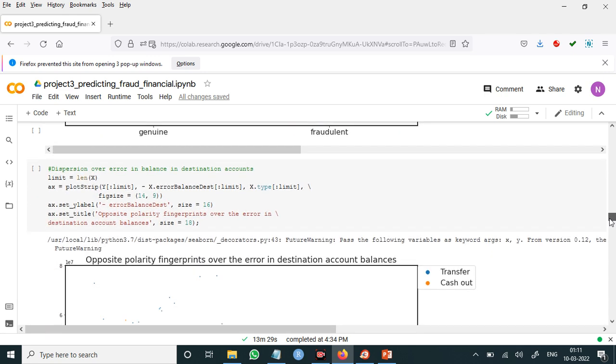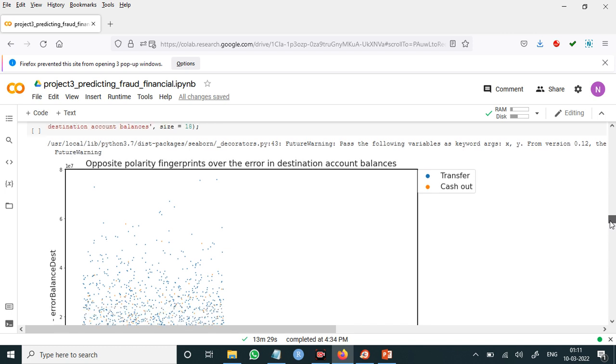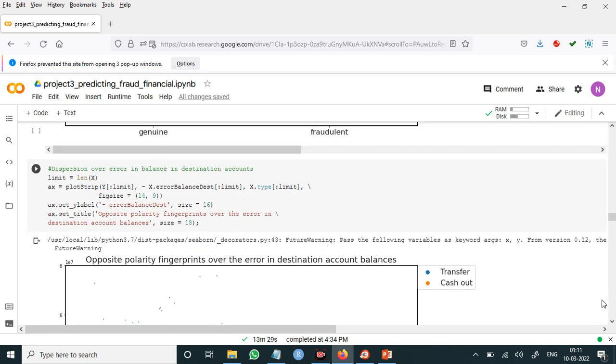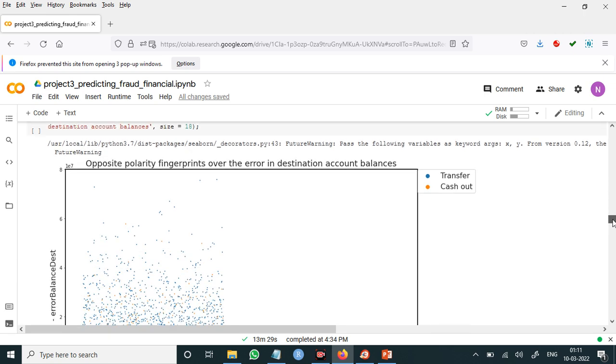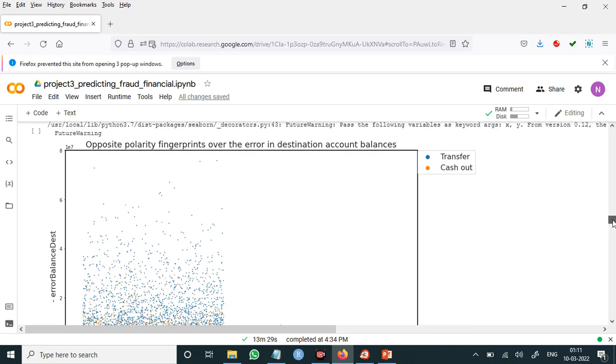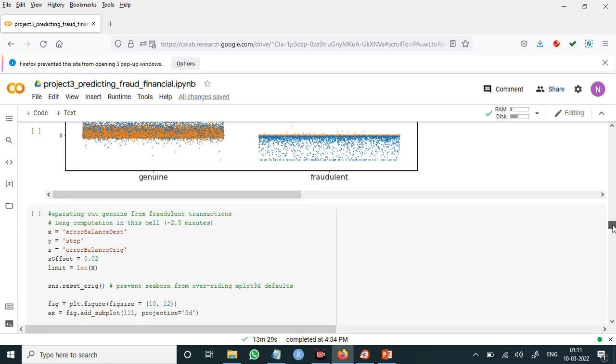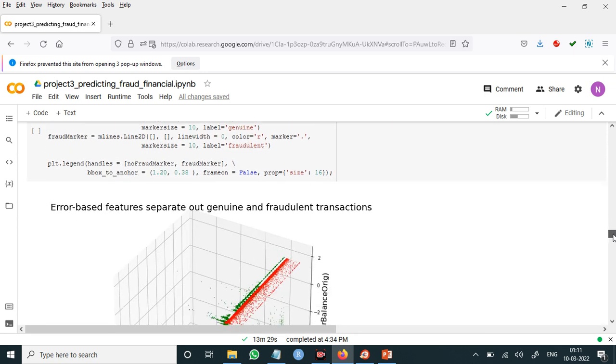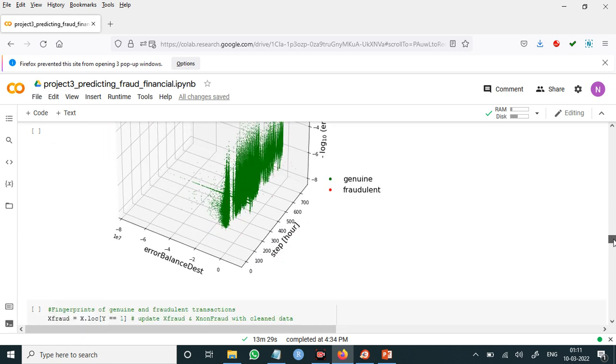This is exploration. Opposite polarity fingerprints over the error in the destination account balance, because I had to balance both the destination account and the origin account. So this is the diagram. This is the visualization. Error-based features separate out genuine and fraudulent transactions.